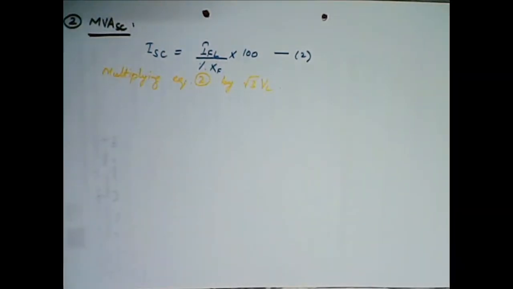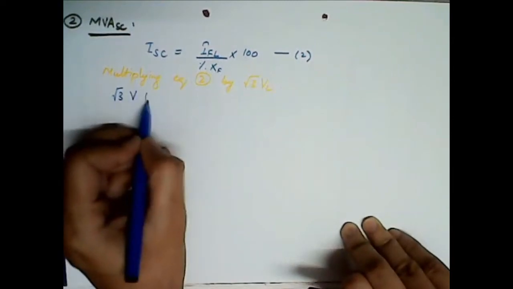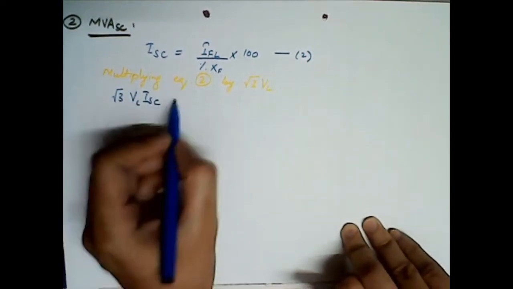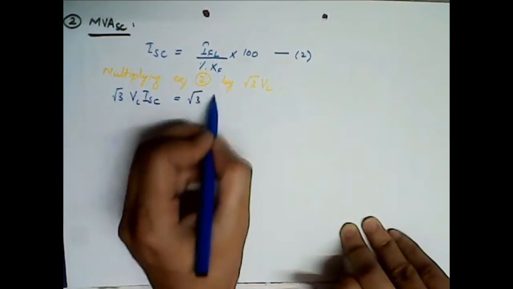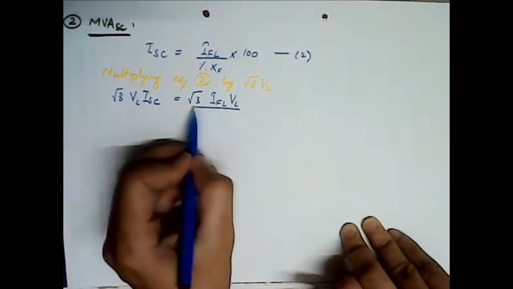So now it becomes root 3 V ISC equals root 3 IFL VL divided by